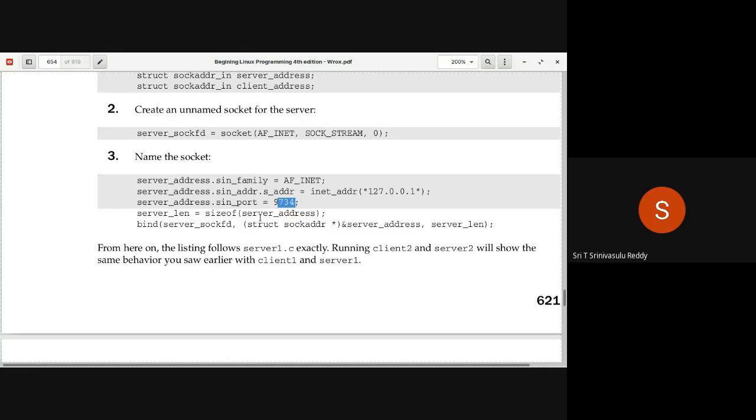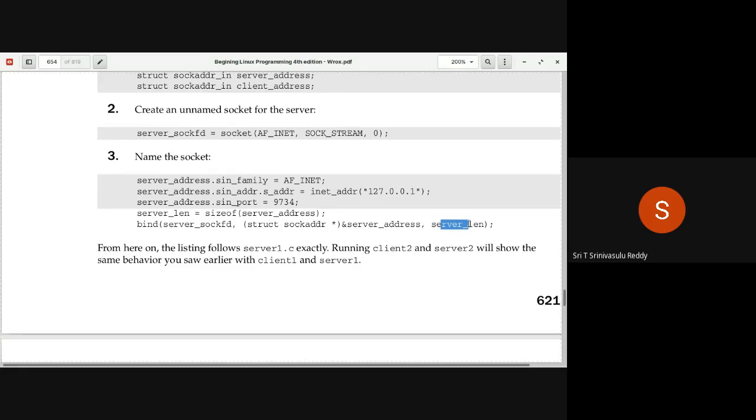So we also pass the length of the structure so that the bind system call understands which kind of technology you are using, based on the length. You can see here how you are binding. Binding is a mechanism of naming the address. So bind of the socket descriptor, then the address of the structure, and then the length of the corresponding structure.